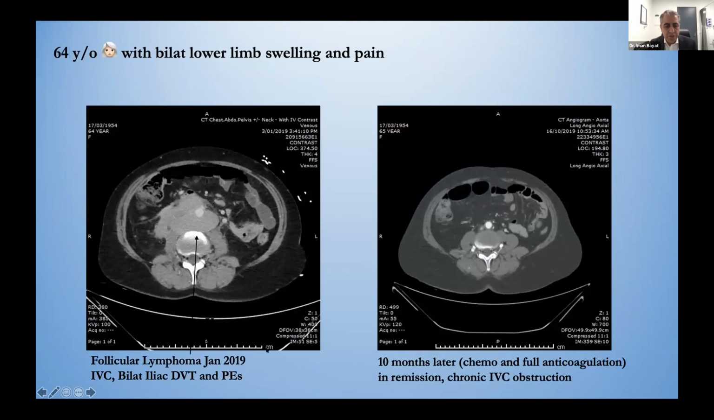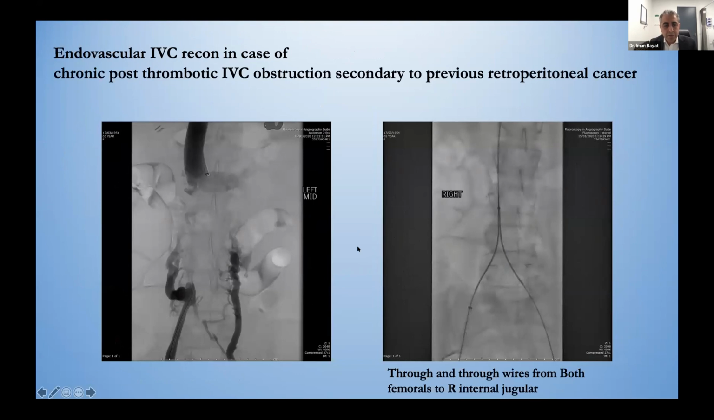They had a diagnosis of a follicular lymphoma in 2019 and had developed IVC thrombosis and bilateral iliac vein DVTs. They had 10 months of chemo and anticoagulation, eventually were in remission, but had an IVC obstruction. This is their angiogram, as you can see. And again, using the same technique, we went up and